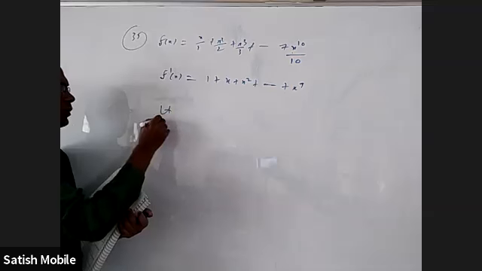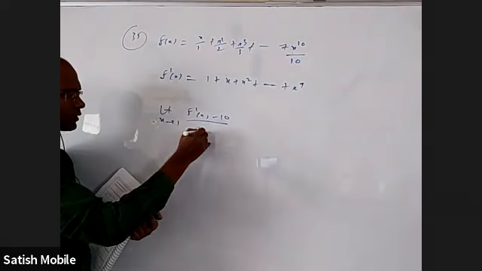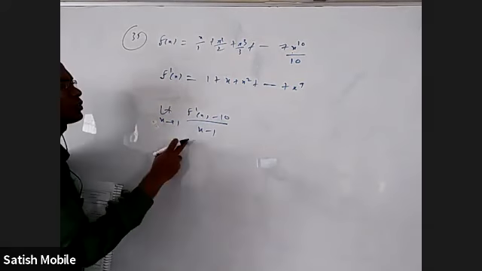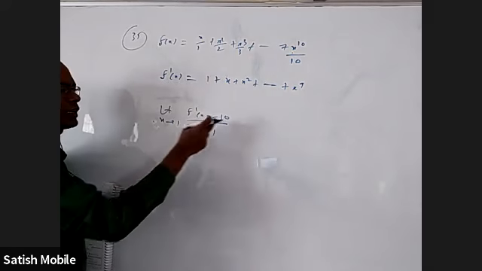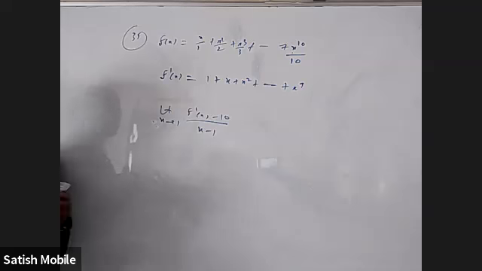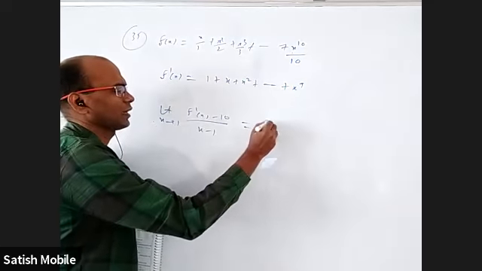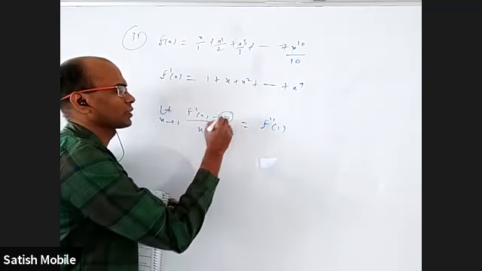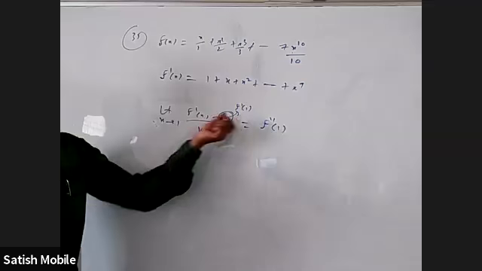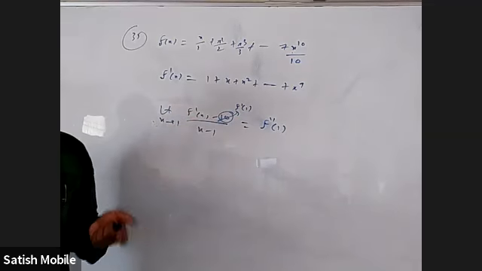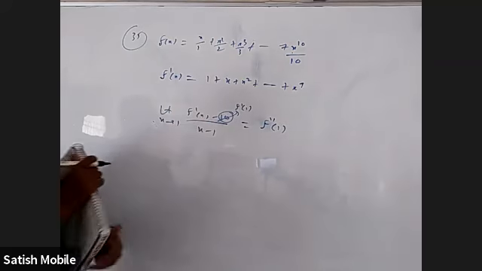Now they want the limit as x tends to 1 of (f dash x minus 10) by (x minus 1). First of all, it is 0 by 0, because f dash 1 is actually 1 plus 1 plus 1, 10 times, which is 10, and 10 minus 10 is 0. It is 0 by 0 form. You can use L'Hospital rule and say, or even first principle, this is nothing but f double dash 1. Why? Because it is like g of x minus g of 1 by x minus 1 is g dash 1, and g is f dash, so it will be f double dash 1. You can find one more derivative and then substitute it.